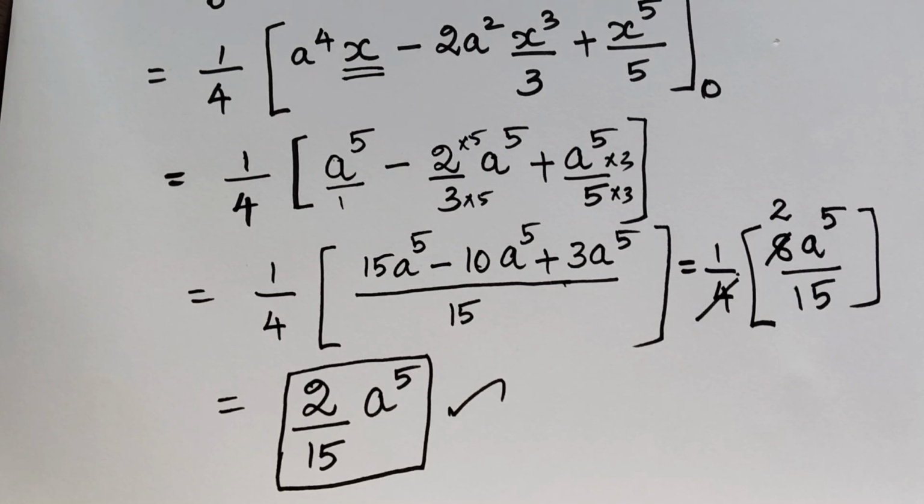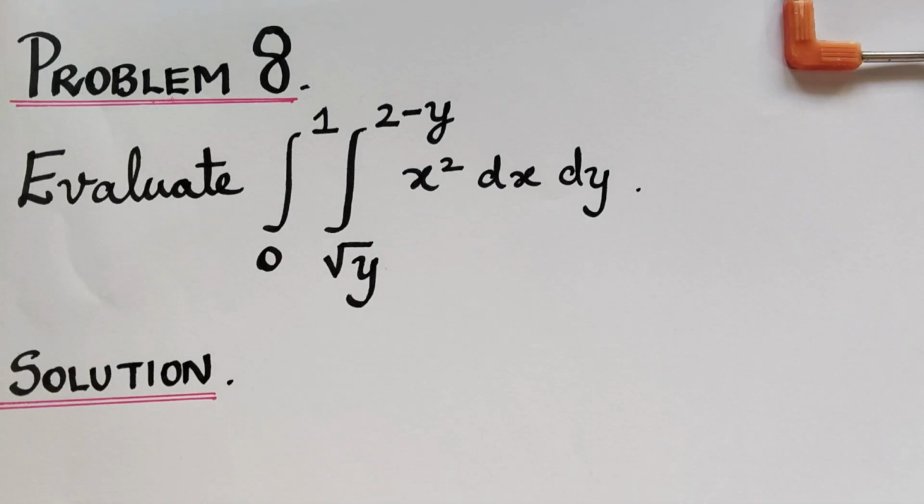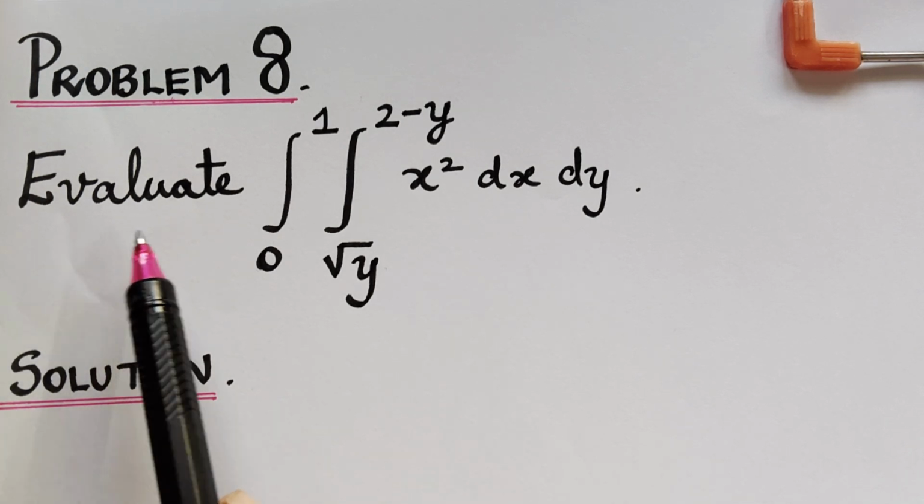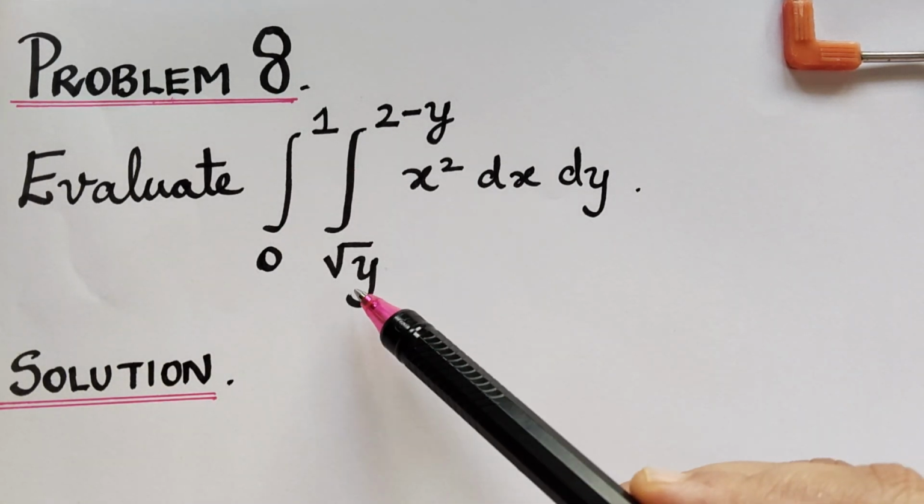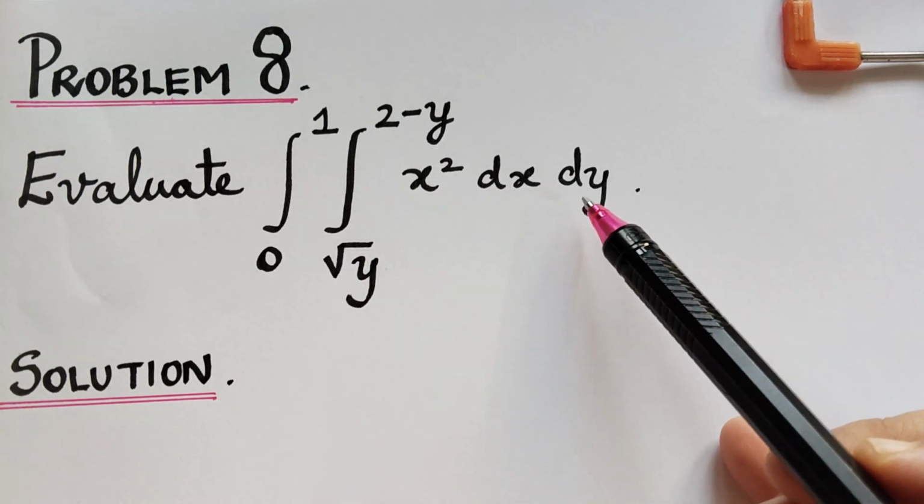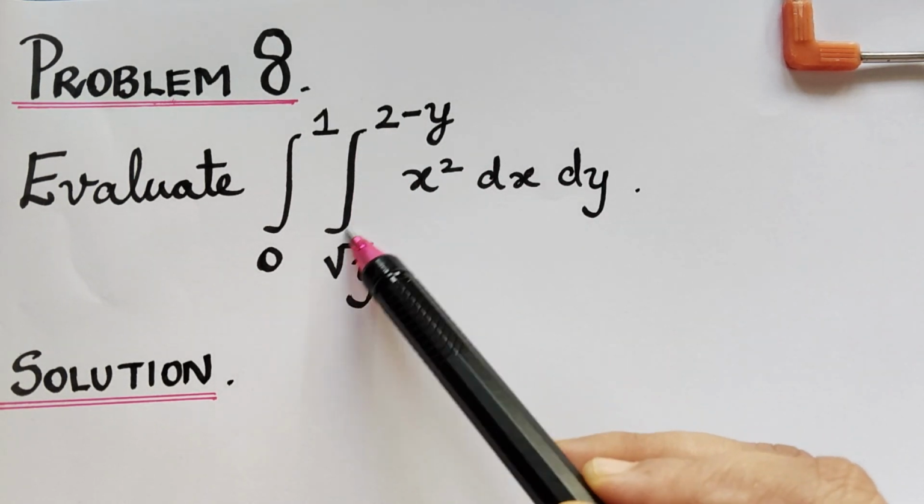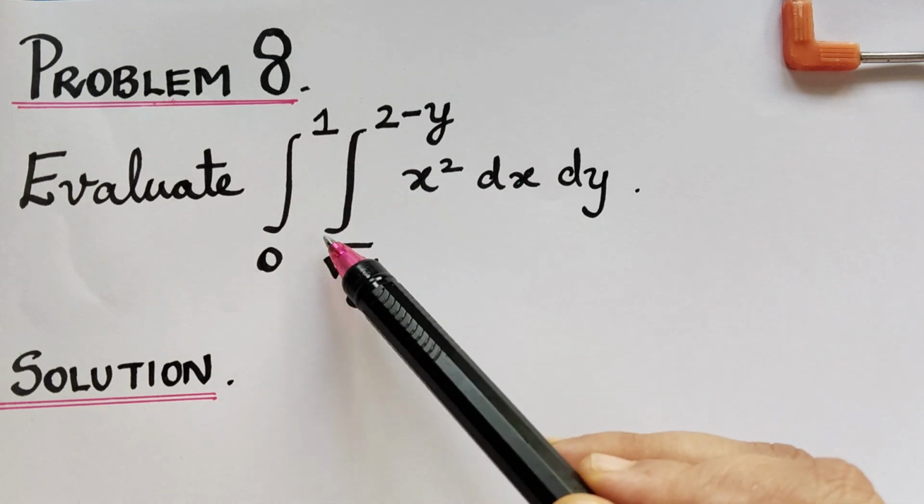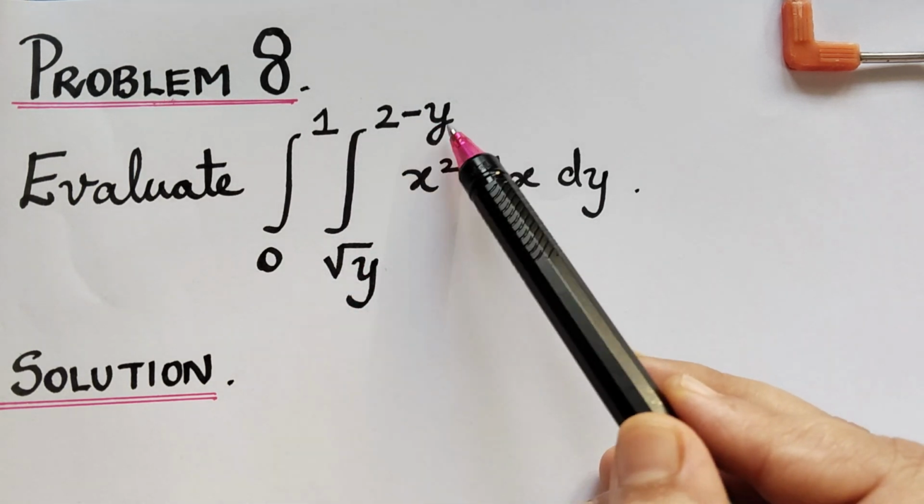So we shall now evaluate problem 8. So now here we have problem 8. The question is to evaluate the integral from 0 to 1, integral from square root of y to 2 minus y, of x square dx dy. Now since the inner integral is given with the limits square root of y to 2 minus y,